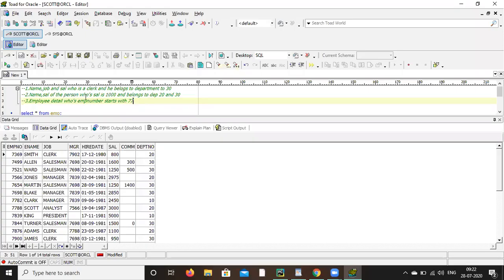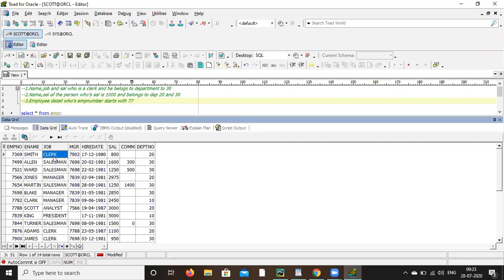Okay, so let me explain these exercise assignments. The first one: I want the name, job, and salary of the person who is a clerk and belongs to department 30. That means I want name, job, salary; I don't want all the columns. Now, the second one: I want only the name and salary columns